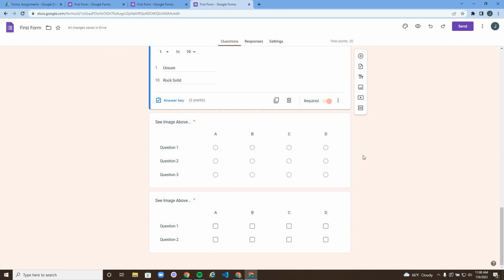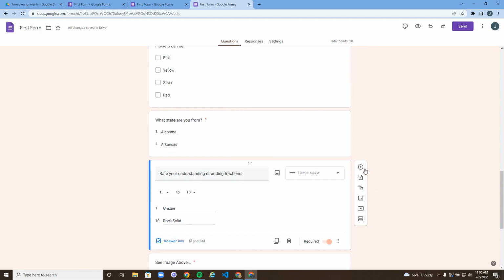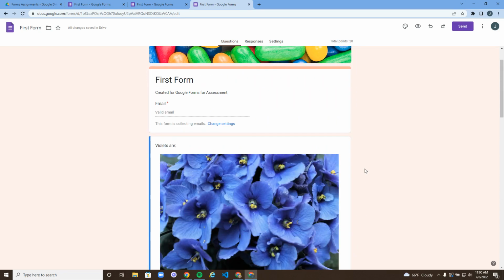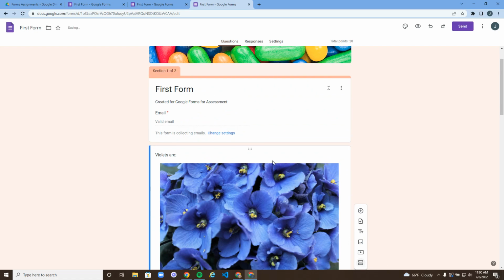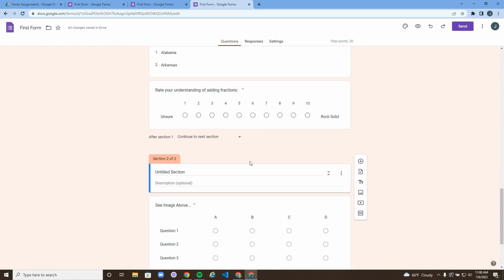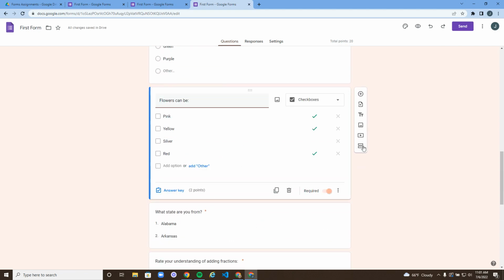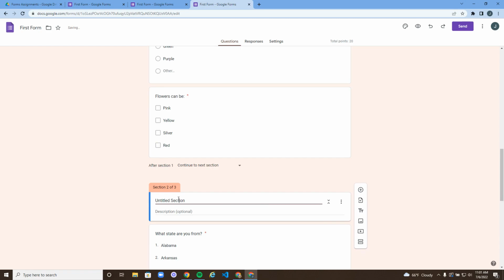The last thing that we'll talk about is sections, and sections are very interesting. If I add a section, now if you look up here, you can see that there is no section, but as soon as I add a section, then this becomes section 1 of 2. So this is a section, and then when you come down, this is where section 2 starts. So we can call this, we'll call this grid questions. And maybe we'll come up here, click on this, and add another section. We'll call this